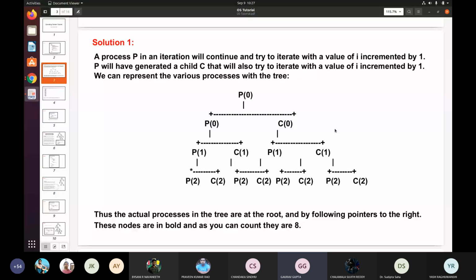In such types of questions, if you want to count how many processes are created, you have to see how many paths there are from root to leaf, and any leaf is actually a process, because we can't say that P0 is a process since P0 is continuing till P2. So if any process is ending in the leaf, that will be a process. So here it will be P2 C2, and from C1 we have got P2 C2, generated from this child 1. Similarly from parent 1 we will get P2 C2, and from child. So the actual number of processes from the root is 8, and we can also see what they are printing in the next slide.